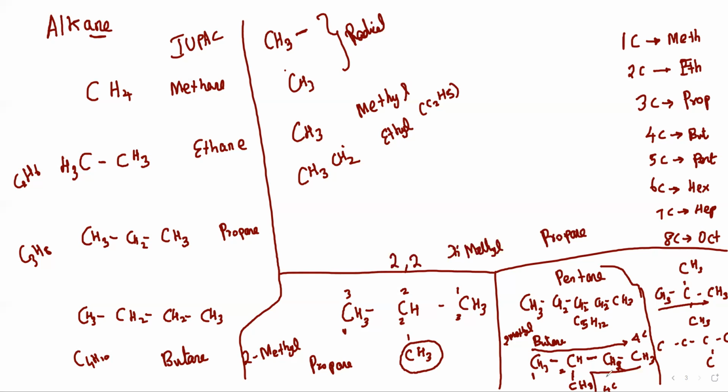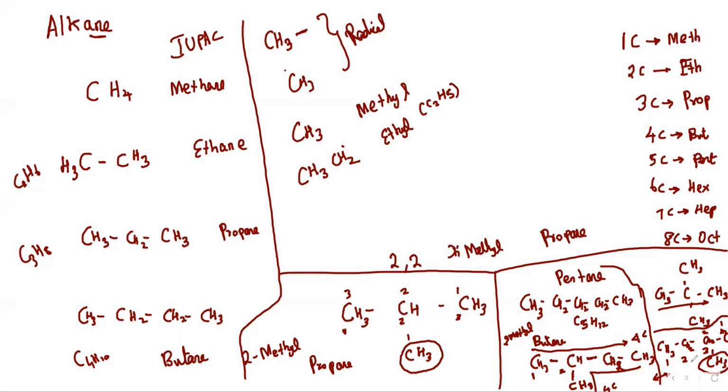Dimethyl propane. And this one and this one, CH3, again CH2, CH2, CH3, CH3. This one and this one is the same, because if you find the straight chain for this, that will be same as here. If you want to position this methyl group, it will be in the 3rd position. But if you number the carbon from this side, it will be in the 2nd position. Okay. You can take both. Both are correct. Numbering from this side or numbering from that side, both are correct.